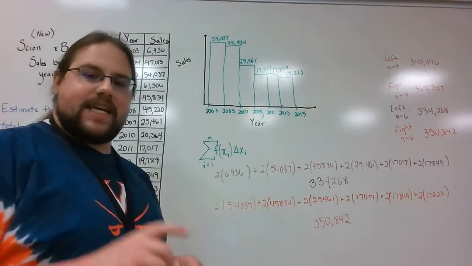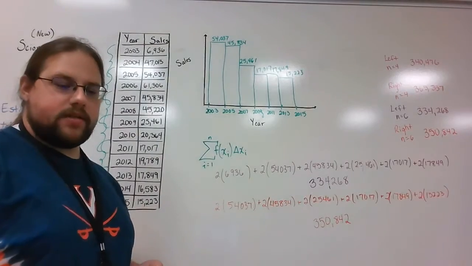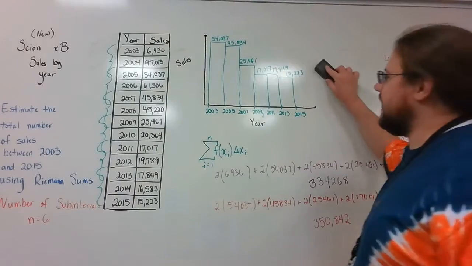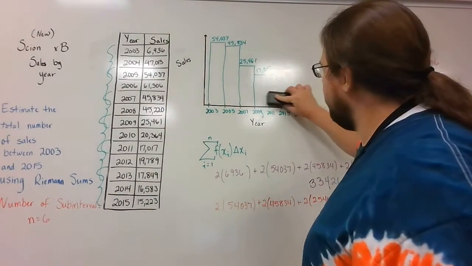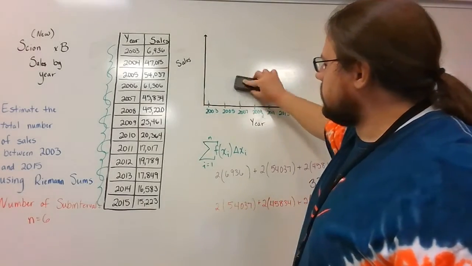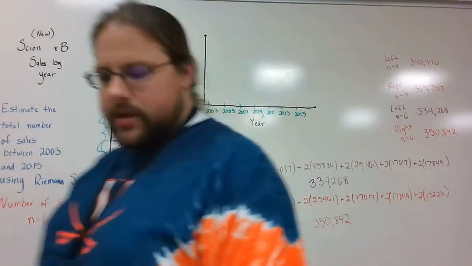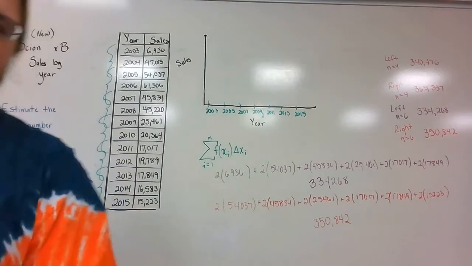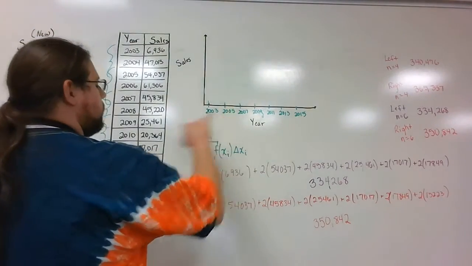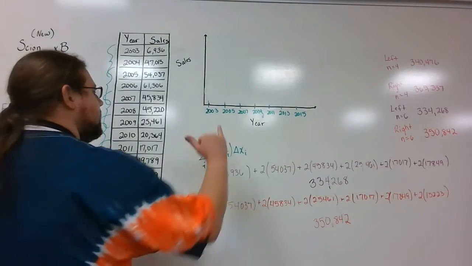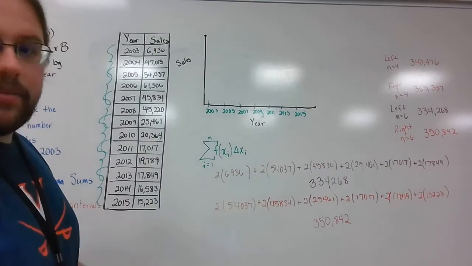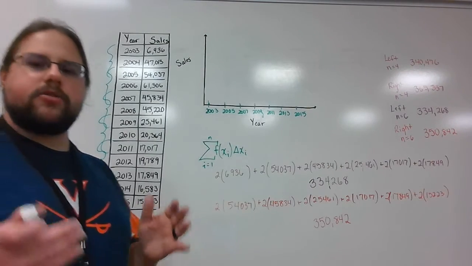Now, I said I was going to do one more. I'm going to do the midpoint Riemann sum. And that's going to be just a tad bit different, but it's going to be pretty easy on this one. You're going to see in just a second. So, I'm going to repeat myself. I always do. When I wanted a left Riemann sum, I used the left number of the rectangle. When I used the right Riemann sum, I used the right number in the rectangle. So, if I want to do the midpoint sum, you probably guessed it, I'm going to use the midpoint between